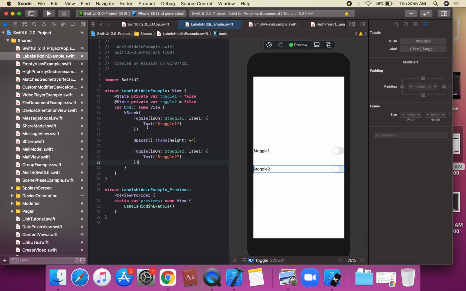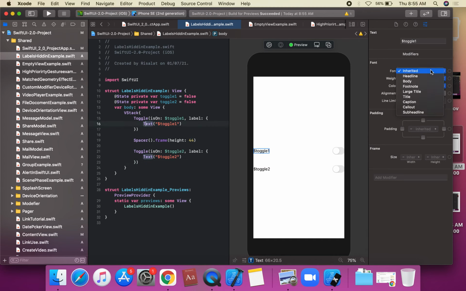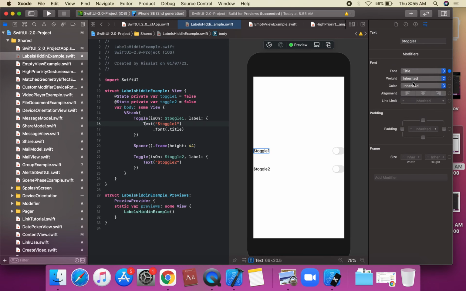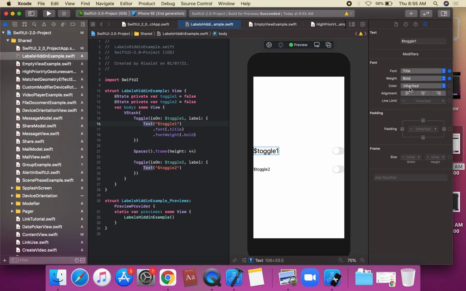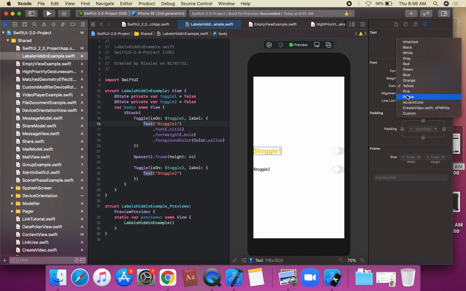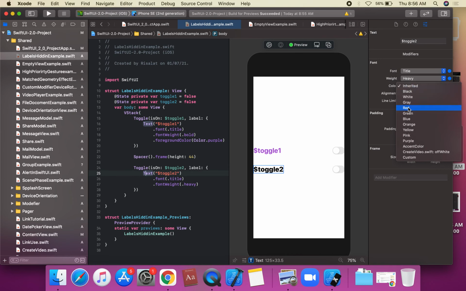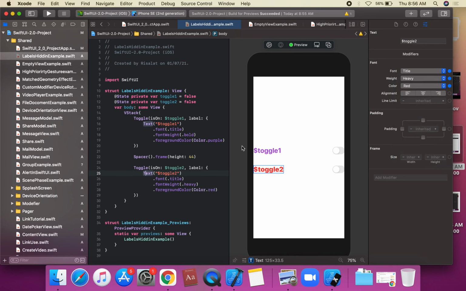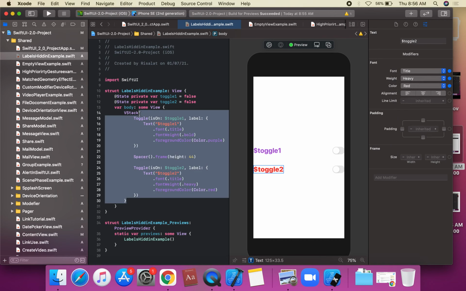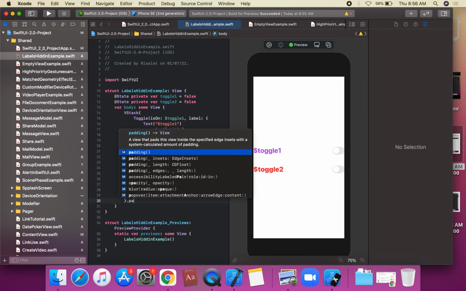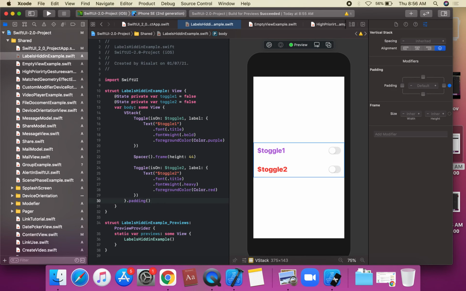Okay, we're going to apply a font. Suppose this is a title, and we apply the font weight bold and a purple color on the toggle properties. For the titles we apply heavy weight and a red color. We apply this to toggle 1 and toggle 2, and then we apply padding on the VStack.